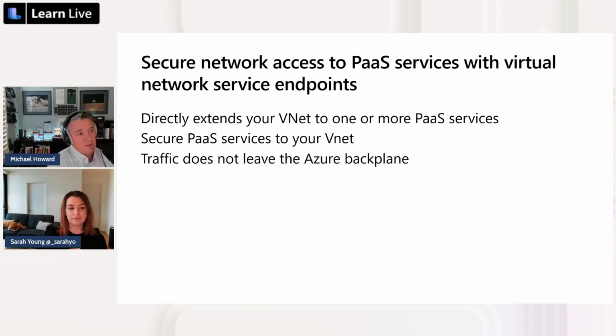Azure will route it to the PaaS service endpoint for you over the Azure backplane. So the traffic never goes on the internet. I've seen some people take an environment and route traffic to their on-prem firewall and then route it back out to Azure. But obviously that's got latency written all over it. That's what people used to have to do in the past before we had service endpoints. But now we have service endpoints that help alleviate a lot of that.